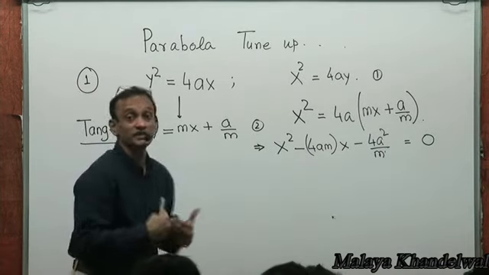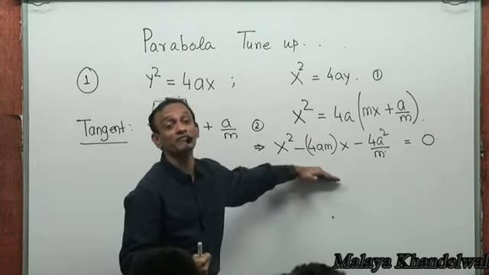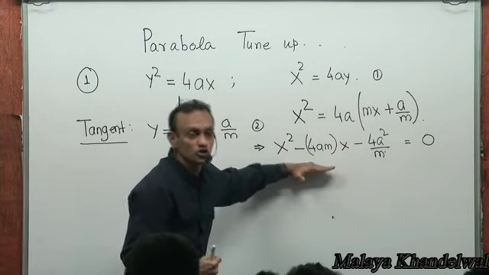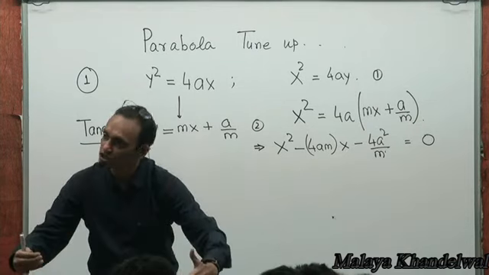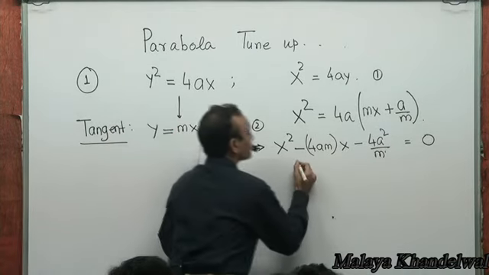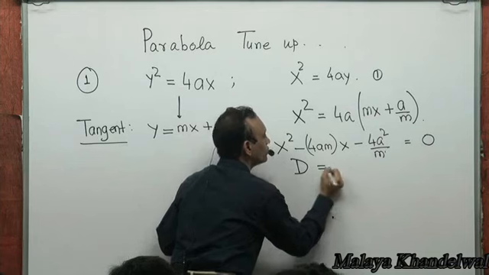And for tangency, the two values of x obtained from this must be equal. This quadratic must have equal roots, which will happen if discriminant is equal to 0, right? So discriminant must be equal to 0,